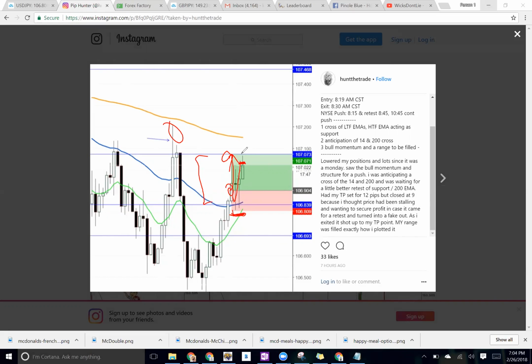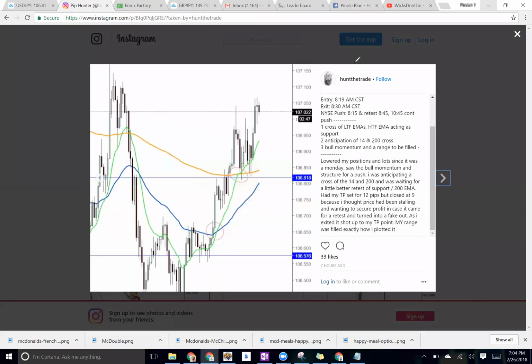And I think right after we had hit this range, we went right back down and retraced a little bit. Yeah, so you can see that cross of the 14 and the 200 right there, and that support that had been respected. So this was my original TP area, and then I had exited around right there. We came back down to retest that support like I thought before. EMA was still acting as dynamic support, and then we continued up through that. And I think that one was around